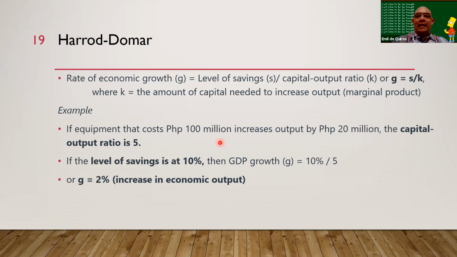We're not saying that it produces output worth 20 million. It can be producing, let's say, your initial investment. You have equipment, etc. But if you add another machinery, your total production goes up by 20 million pesos worth of output. That's what it means. It's the additional increase. It's not the output it really produces, but it's the additional output it will contribute. That's the essence of marginality in economic terms.